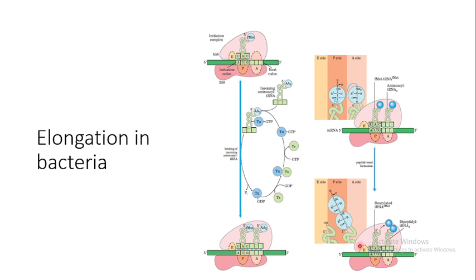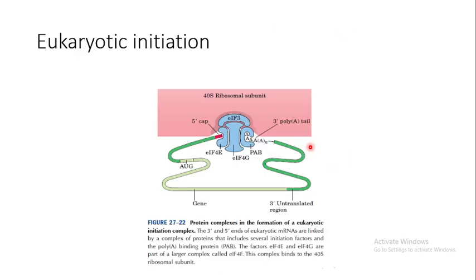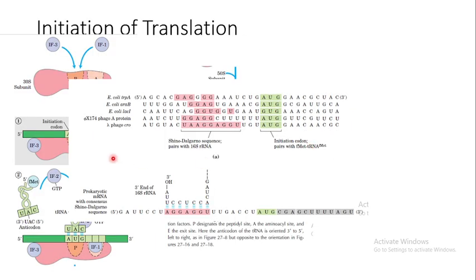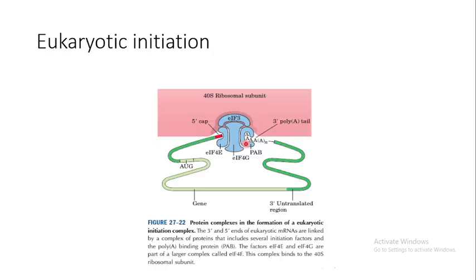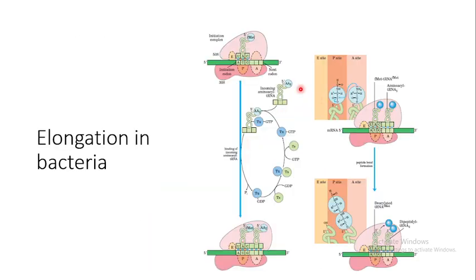Now the elongation. As we saw for initiation of the eukaryotic, the translation start site or the start codon will be placed in the P site, so that the fMet, which is the first amino acid, along with the tRNA will come and bind, right? After that, the elongation step will happen. So this is the last thing we saw: in the P site, the amino acid tRNA fMet, which is the first amino acid, is bound to the P site.